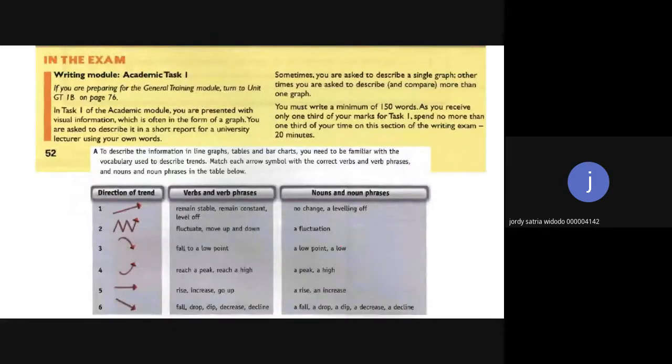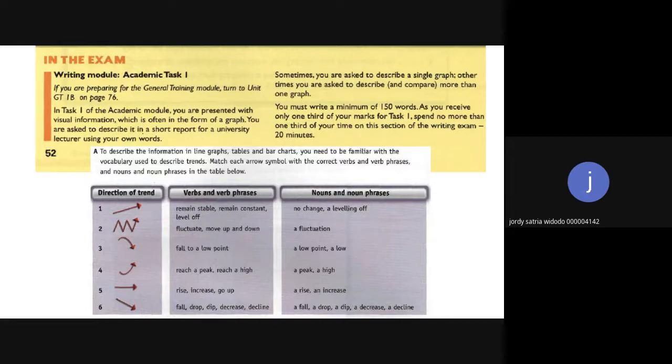So this is all about the classification. Later you will have the task for listening to the classification: who's speaking what. The next one is the academic task one. So we come back to academic task one, the writing test, or writing task one.